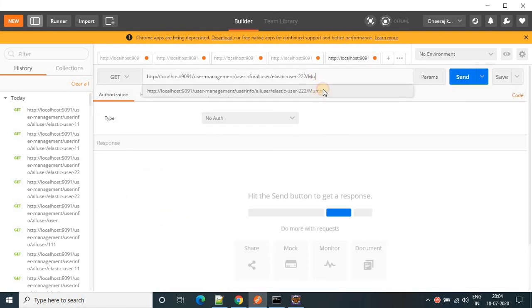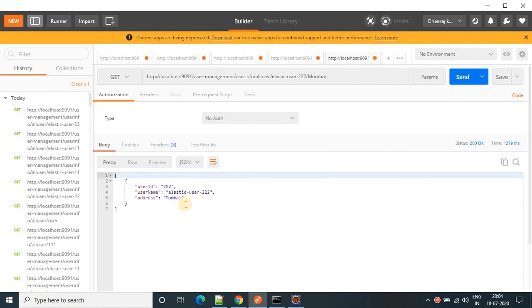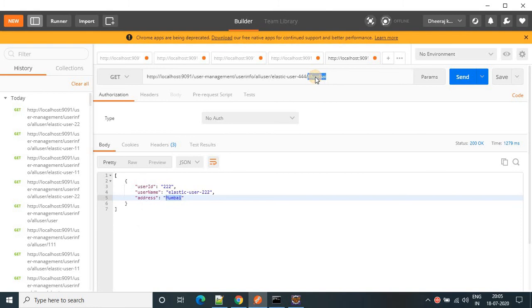Hit enter. See, here we are getting data based on the name and the address. Now suppose I want to search for 444. The address of 444 is Kolkata. Provide Kolkata here and hit. Yeah, we are getting data based on the username and Kolkata.